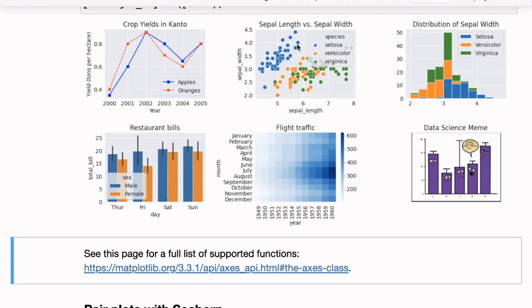Then we looked at the scatter plot. So we learned that a scatter plot is used to visualize the relationship between two variables, especially when there are a lot of values within a small range. Here we compared sepal length and width, and we just plotted the values, and we did not see too much of a relationship, but then we introduced a color or a hue to decide the color of the dots. And that turned out to give us more information, that now we could see that each species has a sort of independent relationship. So that was a scatter plot.